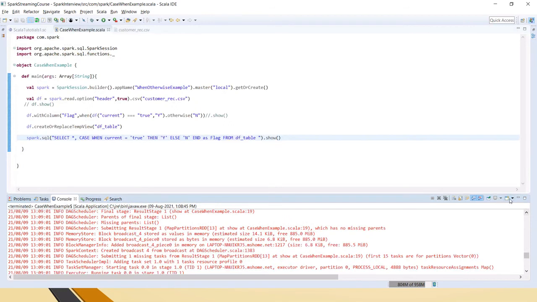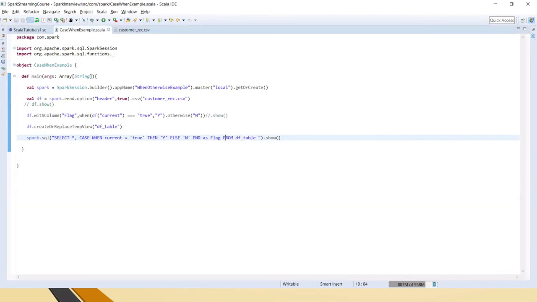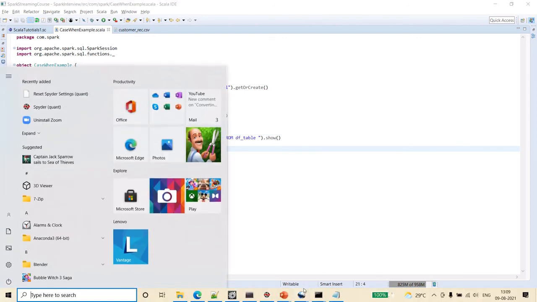So we can do it in both ways. Sometimes in interviews they might ask you to do it only with data frame APIs, then you can follow that way, or if you have other requirements you can use this way. Both are equally the same, they use the same optimization techniques, just the usage is different. Hope this is clear to you friends.